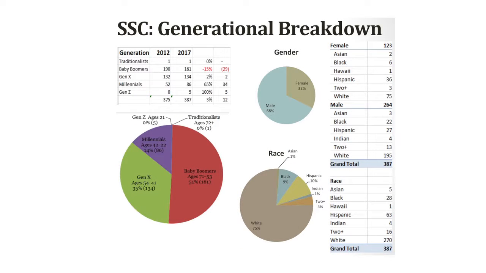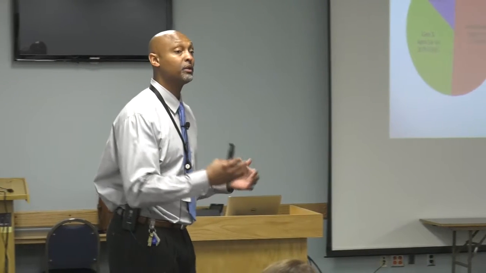We've got a lot of information on there. Again, we see 2012, we see 2017, and then we see where we started with baby boomers, where we are now. Some of the things that we see that stand out to us. Need to hire more women. Now think about it. This is a school service center. Women are going where the money, where the jobs are, because I think what we're seeing a lot of is